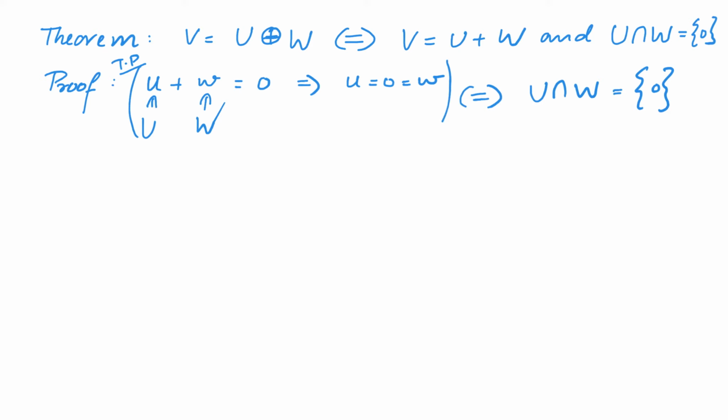As soon as we have that, then we already know from the previous theorem that V is equal to U direct sum W if and only if V is equal to U plus W and this condition is satisfied. And we can replace this condition by this condition. And thus we have the theorem. So all we need to prove is this equivalence. So let us try to prove this equivalence. To show the equivalence, we need to show that this implies this and this implies this.